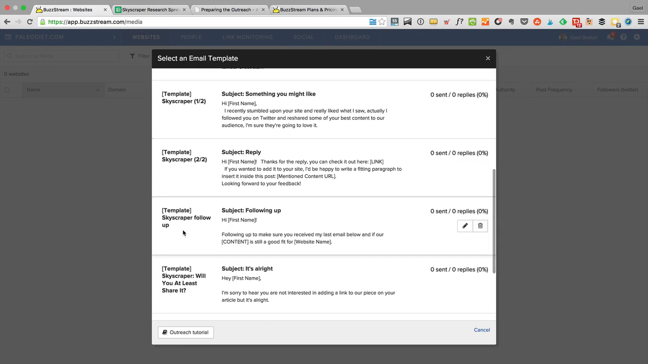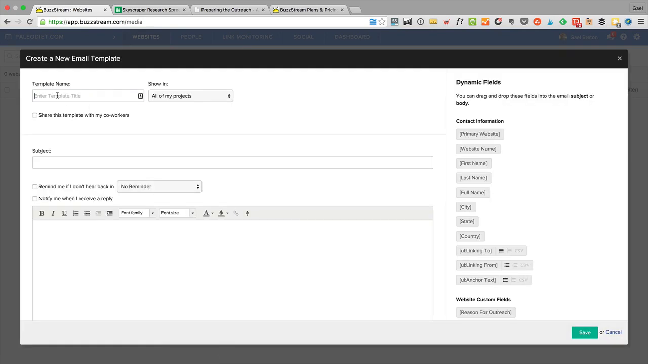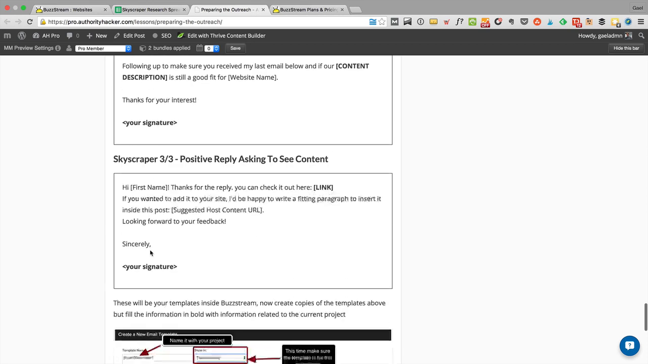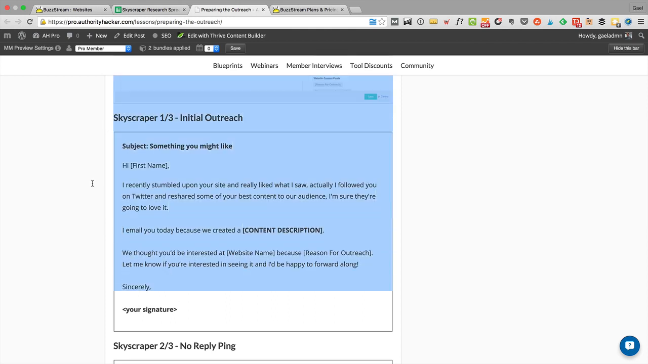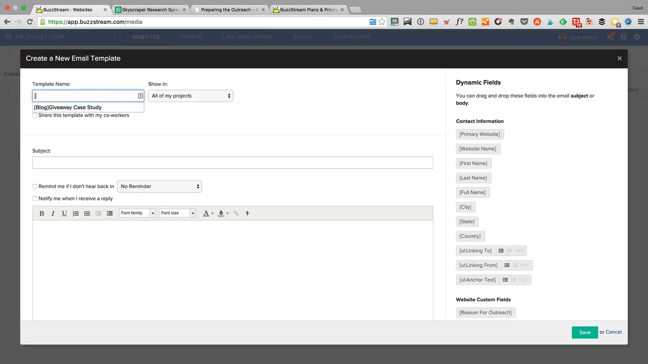But basically I call them templates, and just click create a new template here. Then you can enter the title and you can just copy paste them from the lesson page. So you can see that there are 3 emails for the basic skyscraper, which you can just take and copy paste. For example, this one is initial outreach. So I'm going to take it and I'll call it